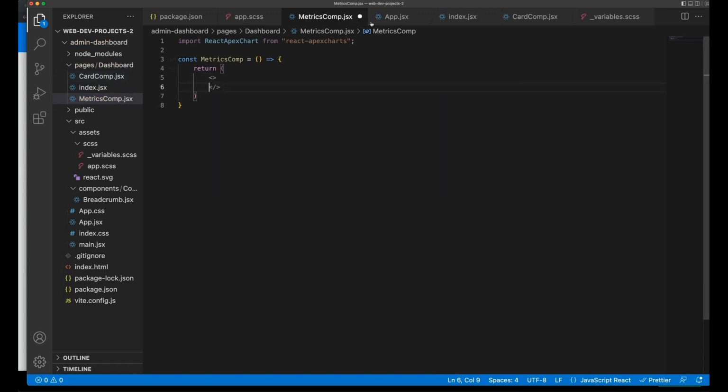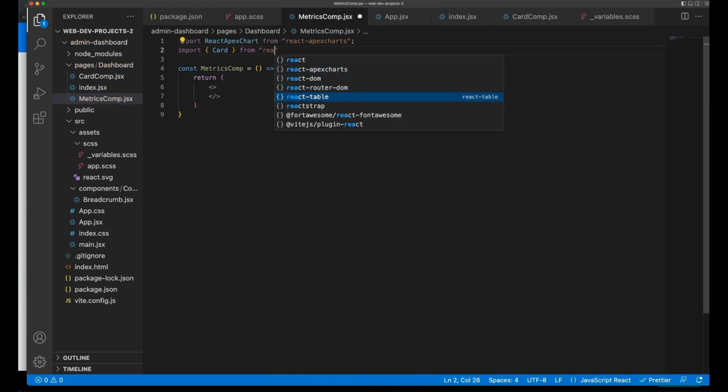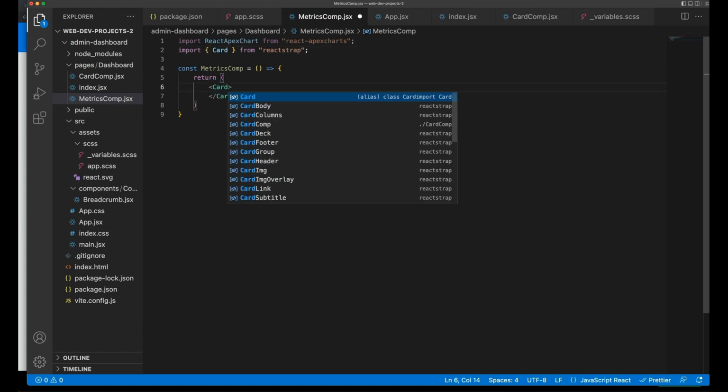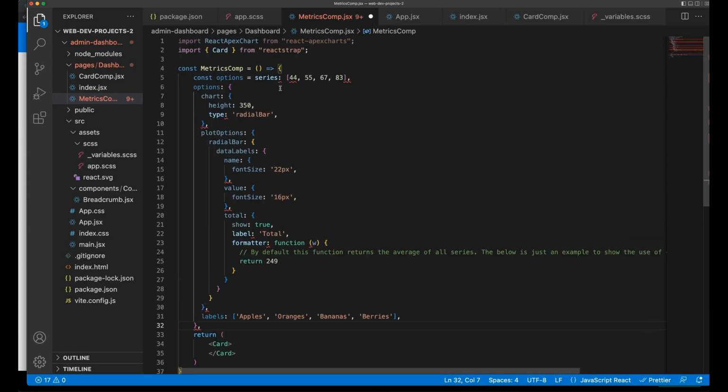Let's also import card from React wrap, and then wrap this into a card. So import this will be card, and then we'll add some more data as well. So constant options equals this. So what we can do here is define series as a separate constant,